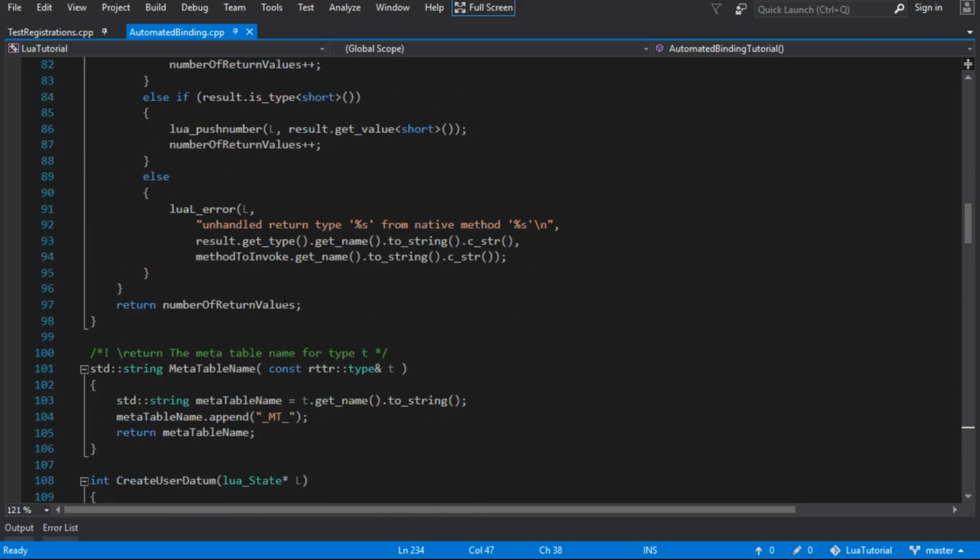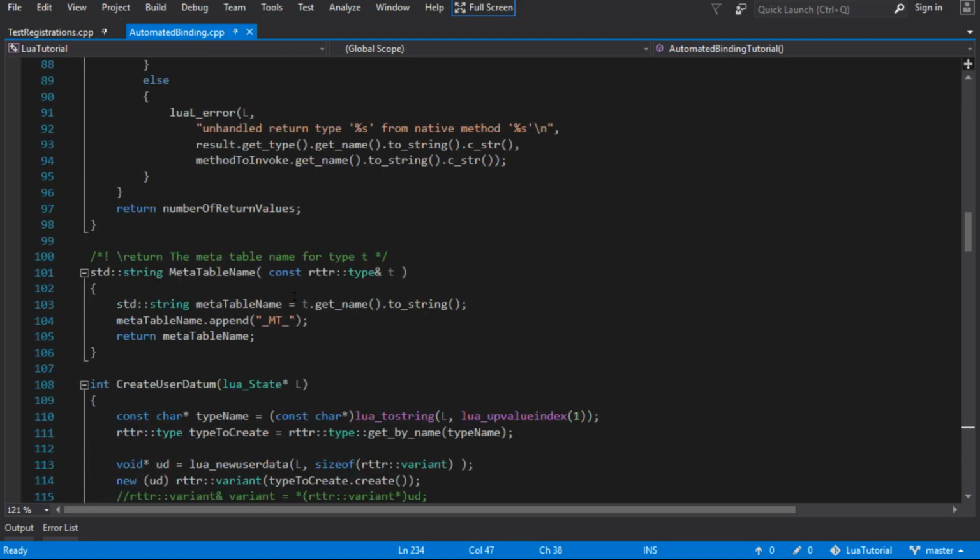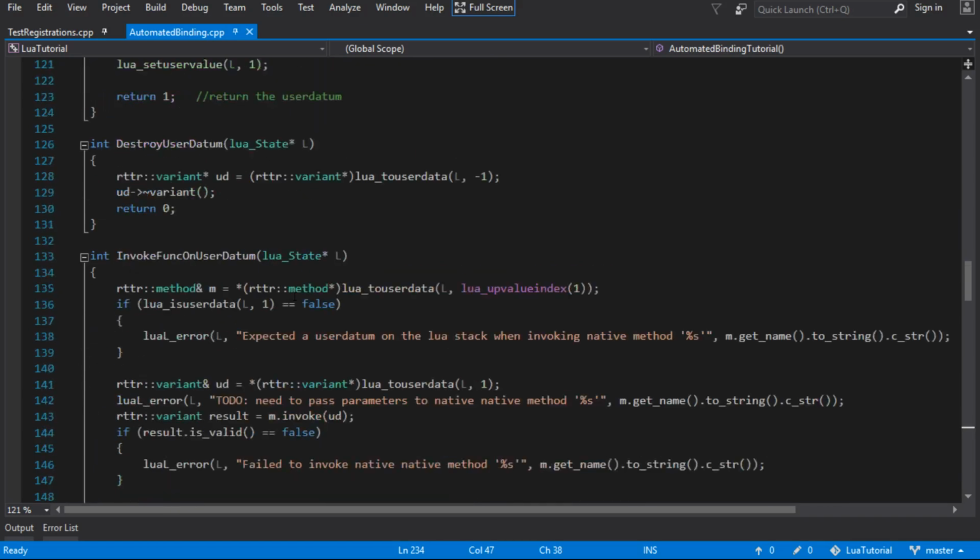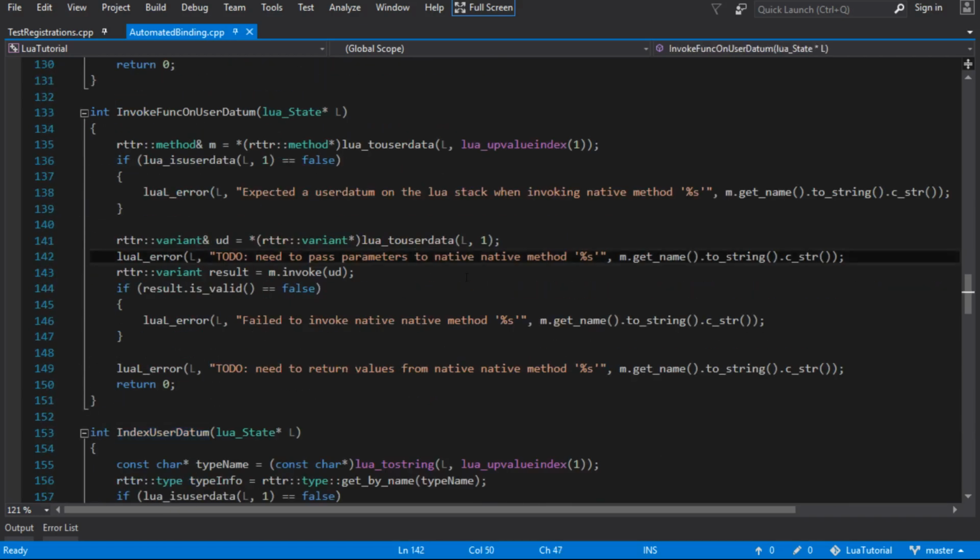But we didn't handle any of the input parameters, and we didn't handle the return values from those functions, and we left ourselves with a bunch of to-dos here. To do: we need to pass parameters to native methods, and to do: we need to handle return values. And these are actually going to be a bit easier than we thought. If you haven't seen them, you have to go back to videos 23 and 24 in this series,